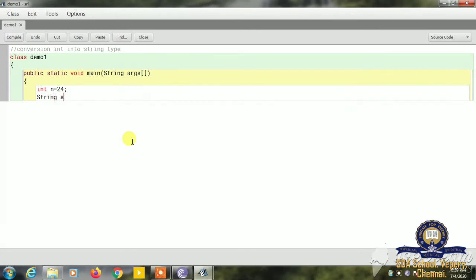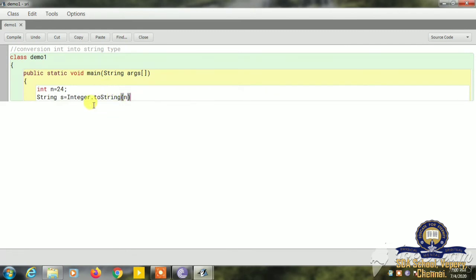String s is equal to Integer dot toString. Already you know, the toString function is used to convert the integer into string type. So I am going to convert the n variable into string type. n is of integer type, and I am converting this integer type into string type. To convert this, we have to use the function toString.